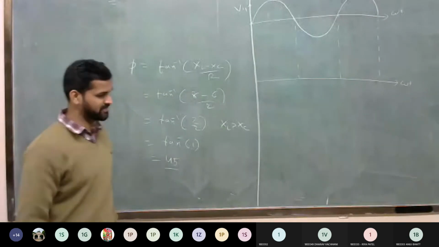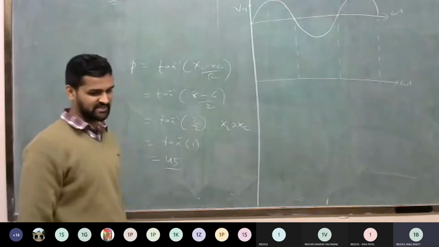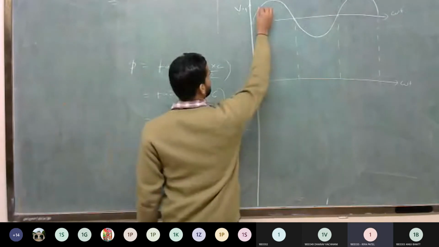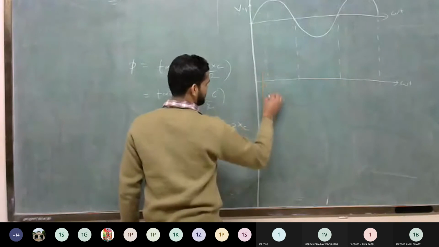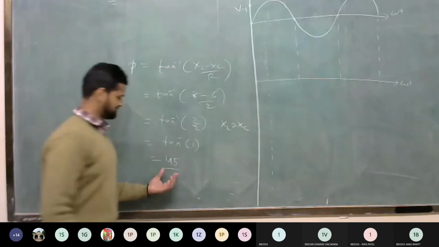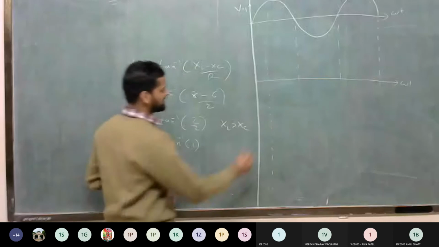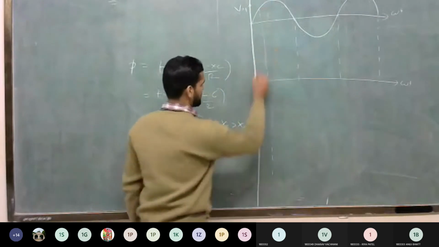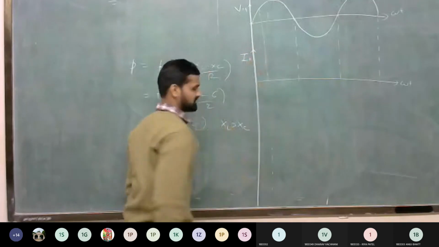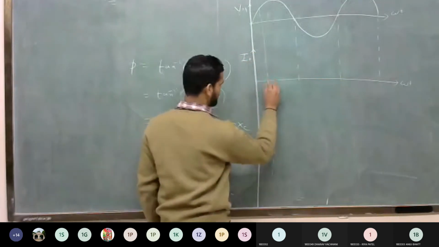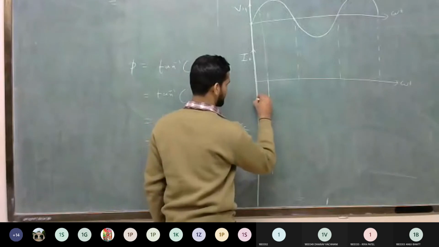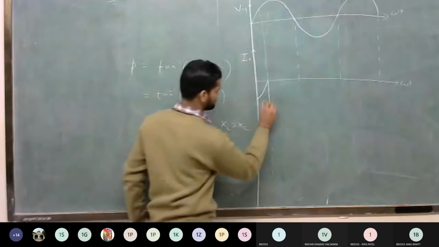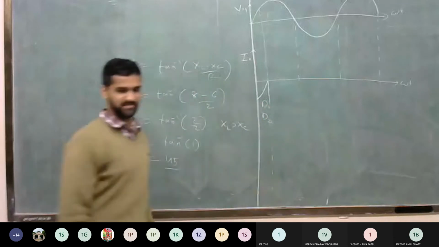If you see the waveform of a full bridge inverter, diode. Initially diodes D1 and D2 are conducting. Yes or no? How much time will they remain conducting? 45 degree. So suppose this is 45 degree. If I draw the waveform of load current I0, between 0 and 45 degree my load current is negative because of conduction of diodes D1 and D2. This is the diode D1 and D2 conduction.